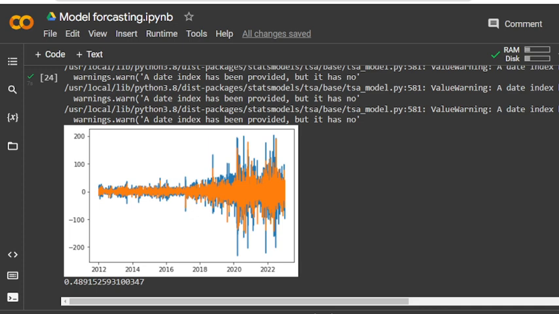The orange curve, the predicted one, follows the general trend of the blue curve, the actual value. We can observe that the predicted curve is less extreme in its predictions: the highs are less high and the lows are less low. The R square score you can see here is approximately 48, actually 49.